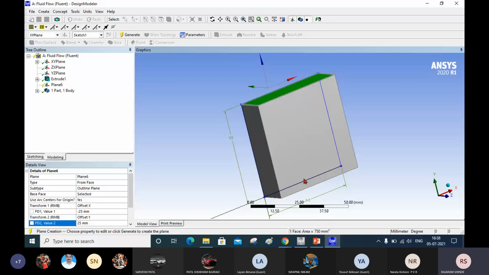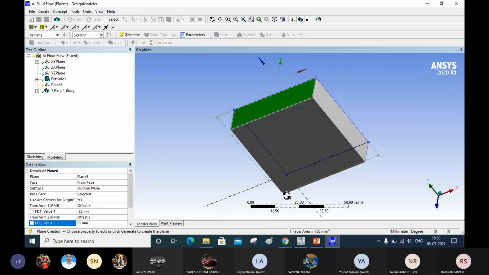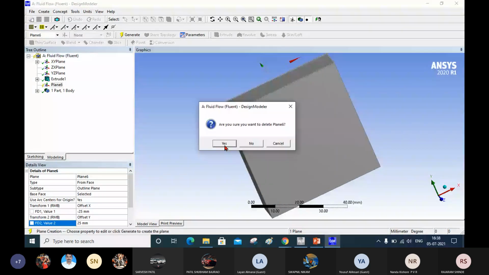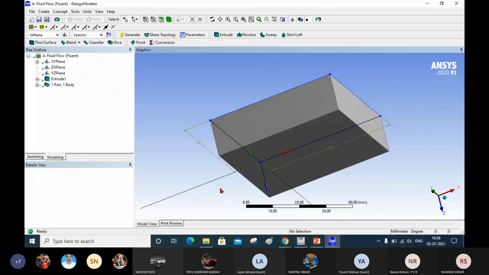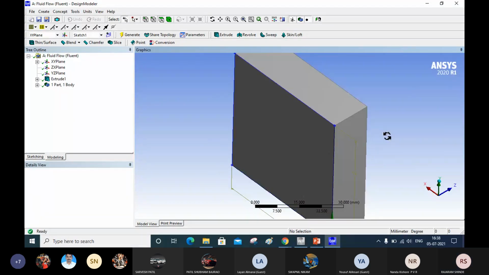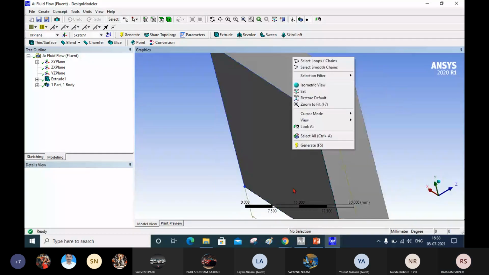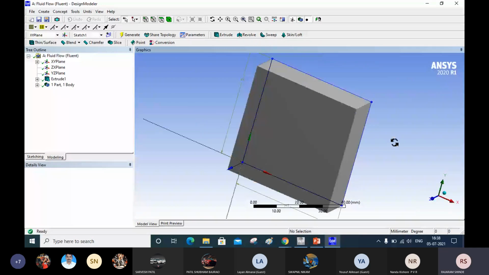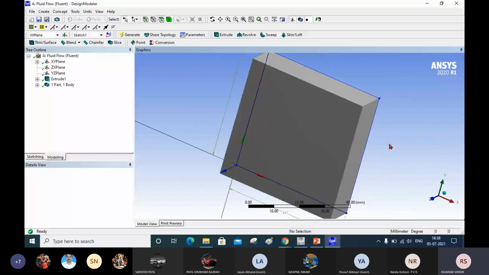Again, we are missing the plane selection. This is xy plane. This plane we have to select. I will check the isometric view. I will set this face. First face was correct. New plane.